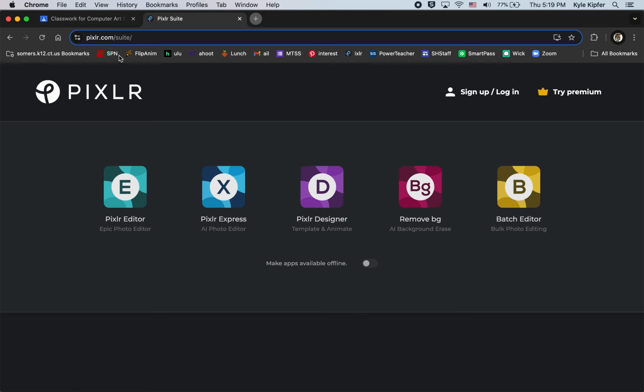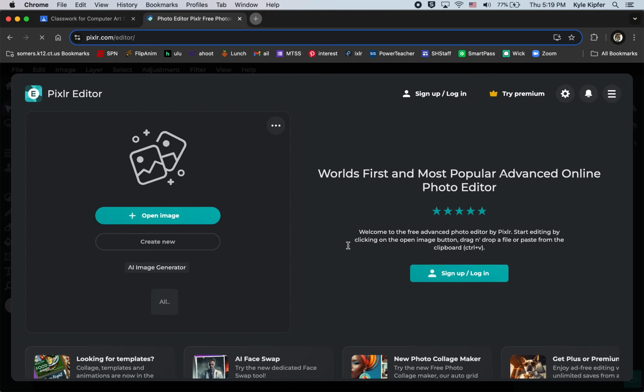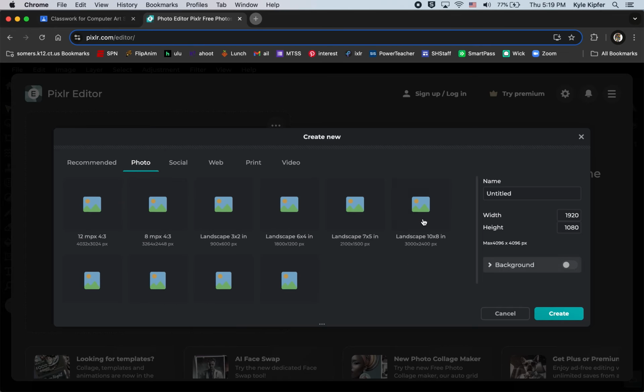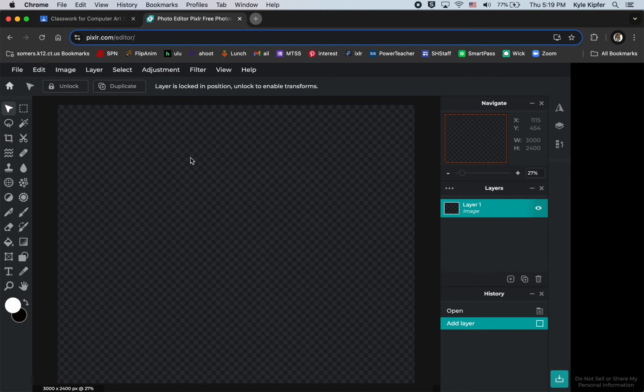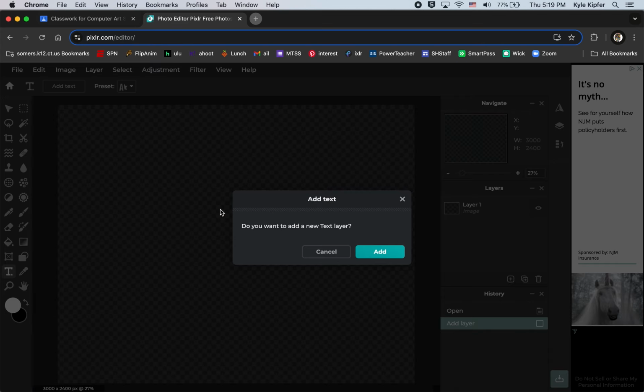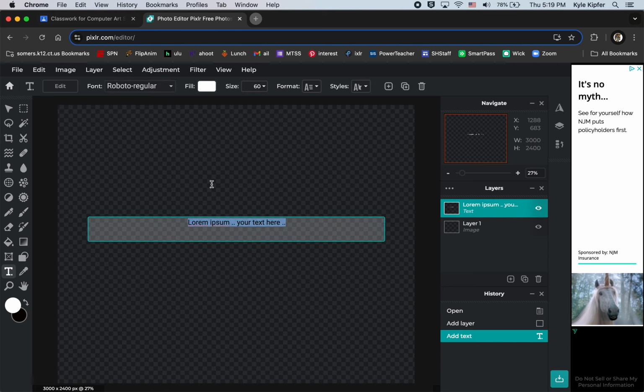So when we go to Pixlr.com, we'll choose Pixlr E. I'm going to go to create new. We'll choose photo and start with a landscape 10 by 8 image. And so here I need to start with a text box that is going to contain the quote. So you can either look up an inspirational quote, or you can use a quote from a music lyric or any other source. So I was using a quote that is,